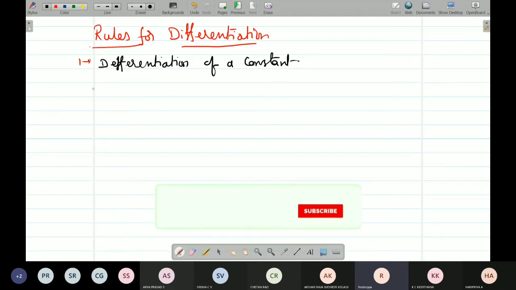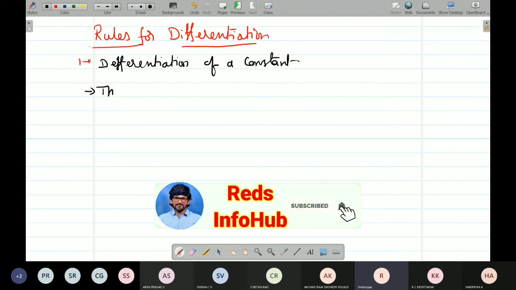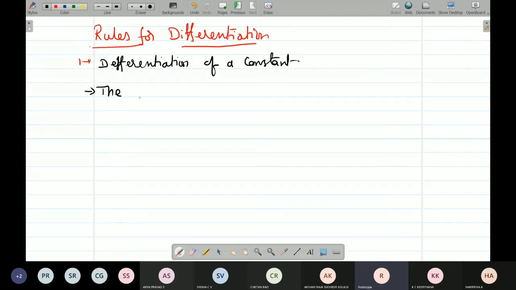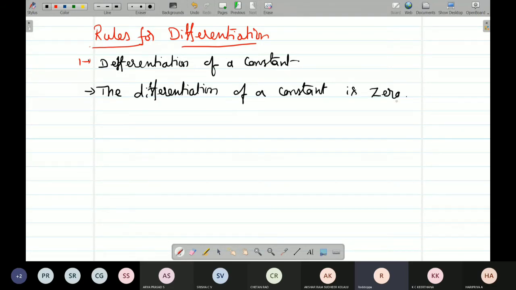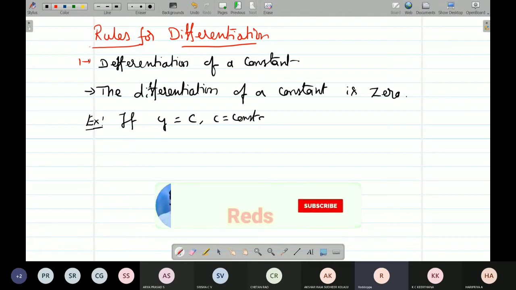You just have to remember this. The differentiation of a constant or constant function, any word you can use, is 0. Differentiation of a constant is 0. Let us take it with the help of an example. If y is equal to c, where c is a constant,